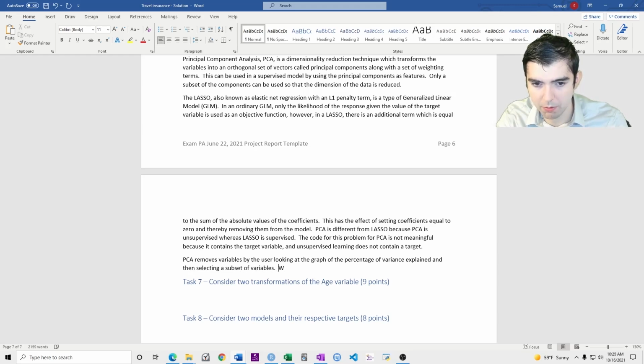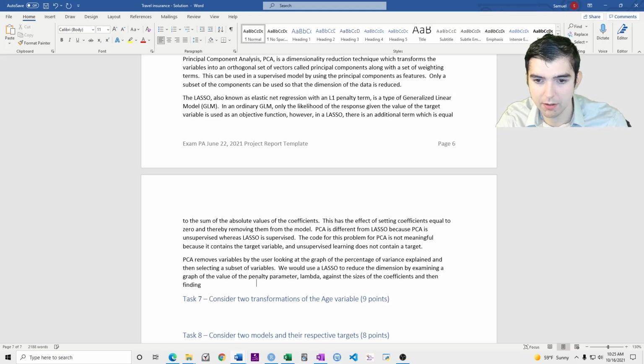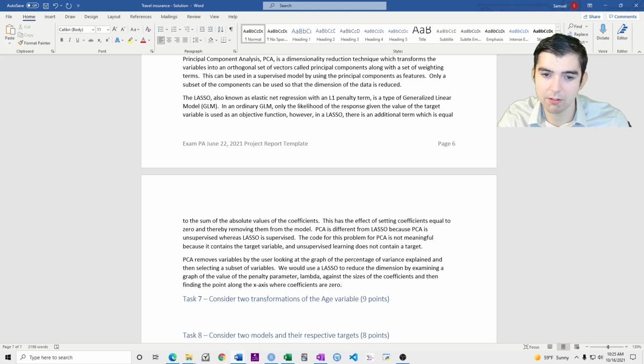Or to say we would use a lasso to reduce the dimension by examining a graph of the value of the penalty parameter lambda against the sizes of the coefficients, then finding the point along the x-axis where coefficients are 0. And you can look at some other examples of lasso to see how that gets done.